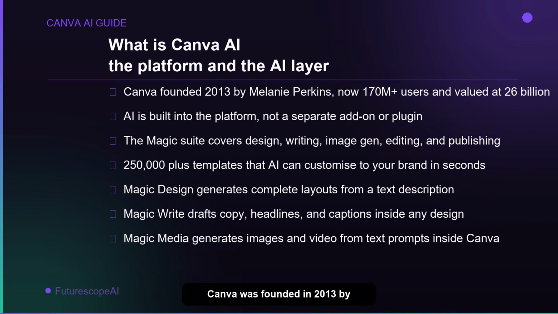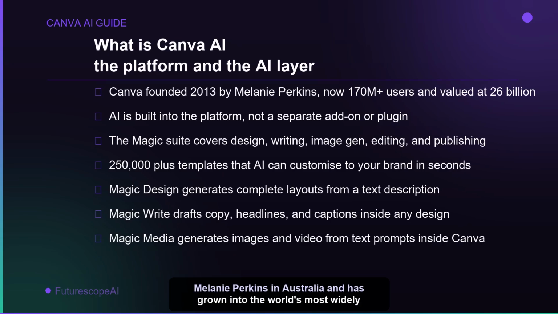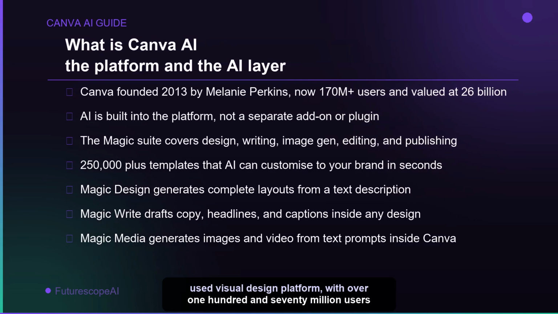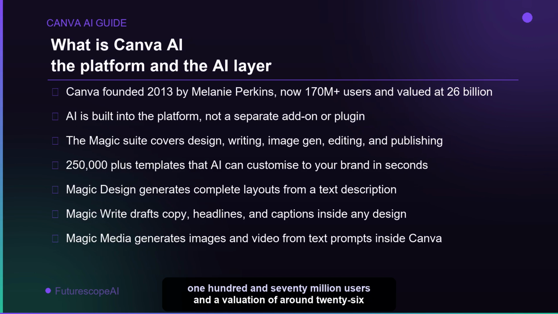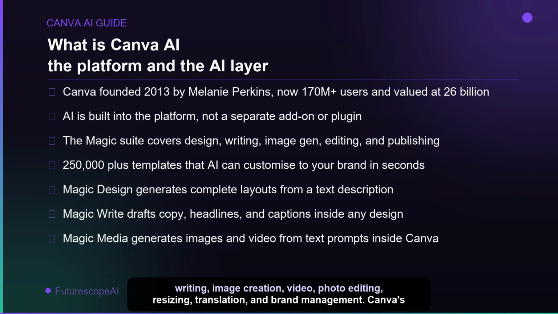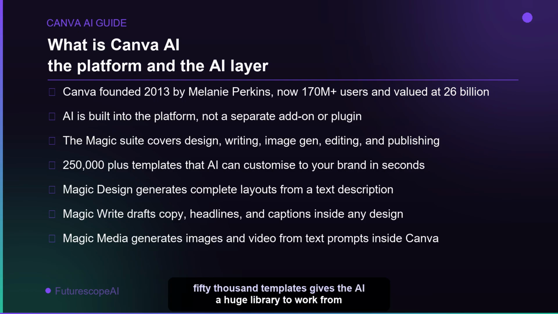Canva was founded in 2013 by Melanie Perkins in Australia and has grown into the world's most widely used visual design platform, with over 170 million users and a valuation of around $26 billion. What makes Canva AI different from other AI design tools is that the AI is not a separate product you switch to. It is built directly into every part of the Canva interface. The AI suite is called the Magic Tools, and it covers design generation, writing, image creation, video, photo editing, resizing, translation, and brand management. Canva's foundation of over 250,000 templates gives the AI a huge library to work from when